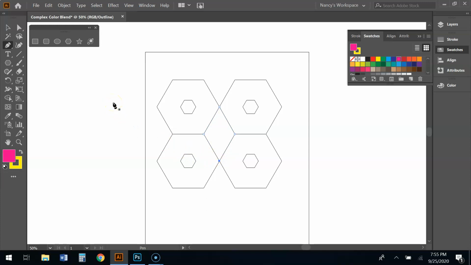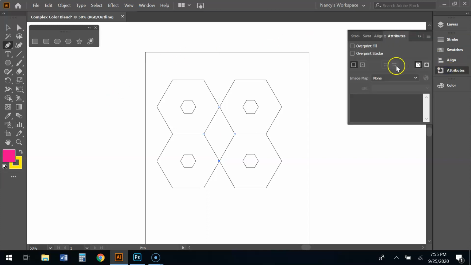Okay? The next thing we want to do is we're going to go over to this tool right here called Attributes. And we are going to show the center in the attribute. And you'll see you get a little X marks the spot in the center of that. So what you want to do next is you want to make a copy of your diamond. And you can do that by just